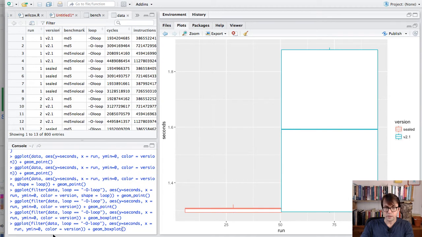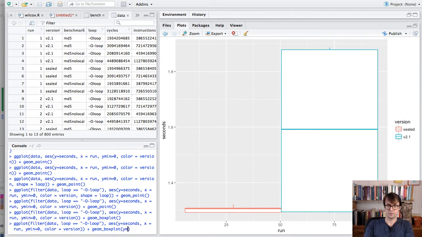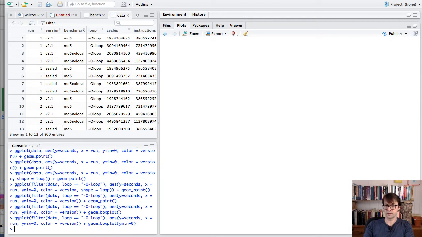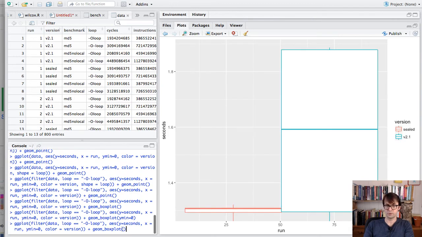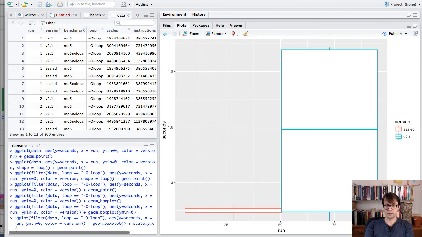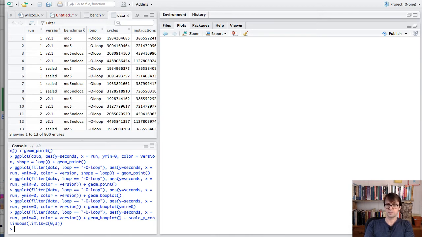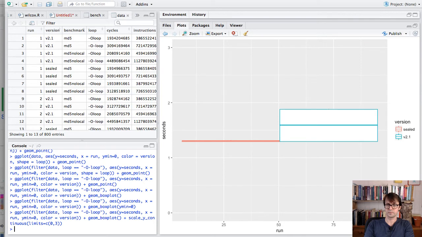But we lost our y. How did we lose our y min there? This thing was doing such a great job for us. Do we say again scale y continuous limits equals... okay, a bit of work there. Okay, so